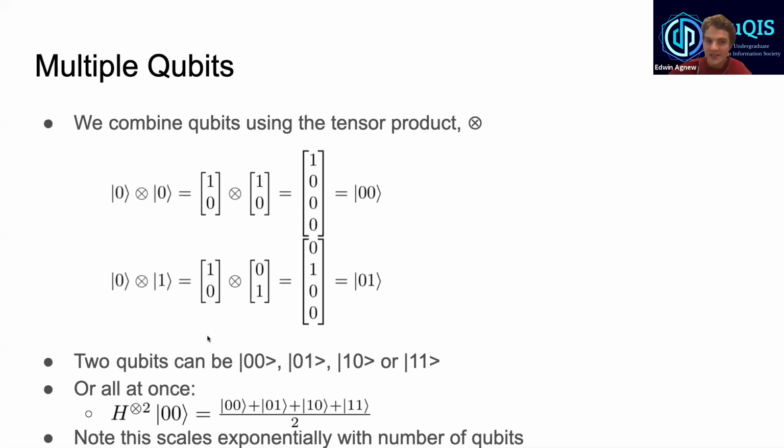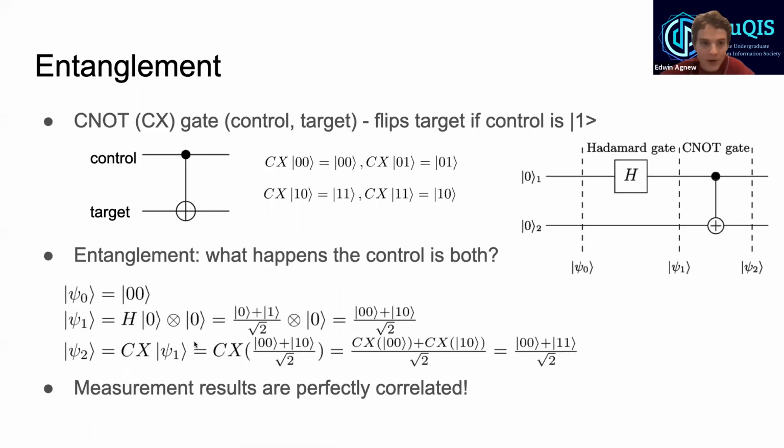And so by the time you get to 50 qubits, that's 2 to the 50 different possible states. That's already a ridiculous amount of memory that you've got to use up if you were to do it on a classical computer. All right, so